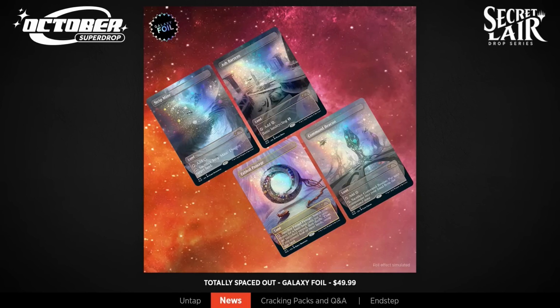So the Galaxy foiling in Unfinity is an Unfinity foiling, and it is amazing. We're going to look at some of it today if you haven't already seen it, but these cards are going to be gorgeous with that Galaxy foiling, and it's Strip Mine, Ash Barrens, Fabled Passage, and Command Beacon. For more information on all of these drops, and of course to order when they go on sale, head to